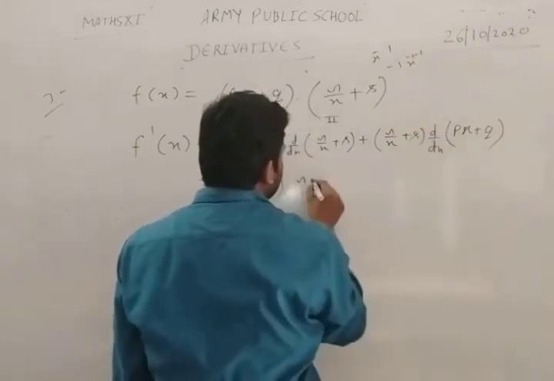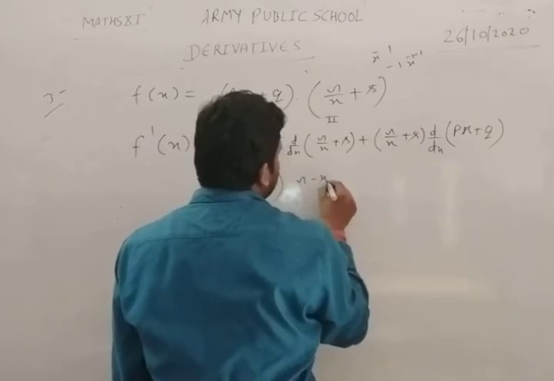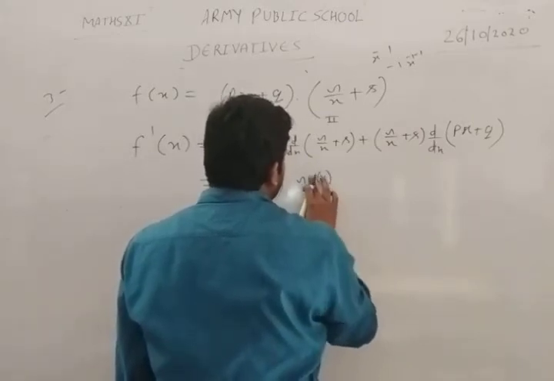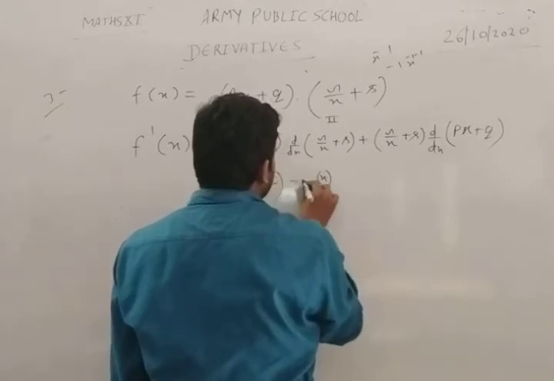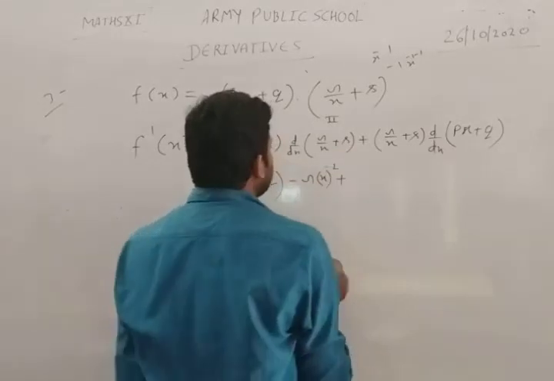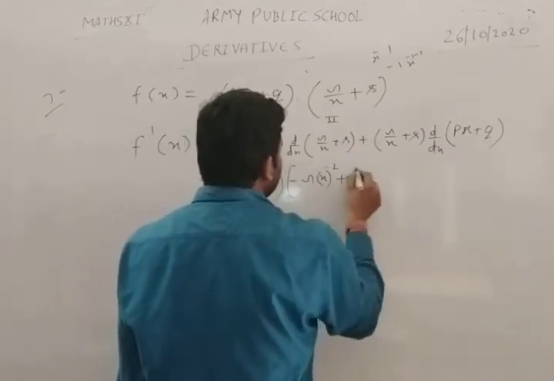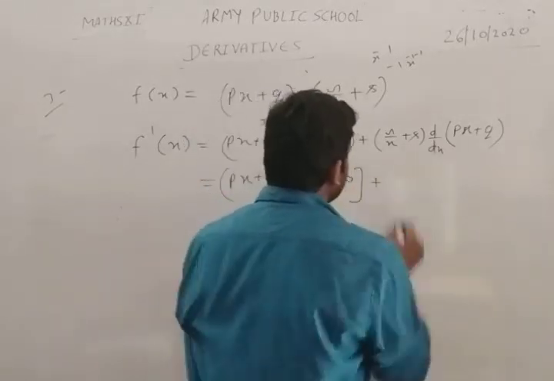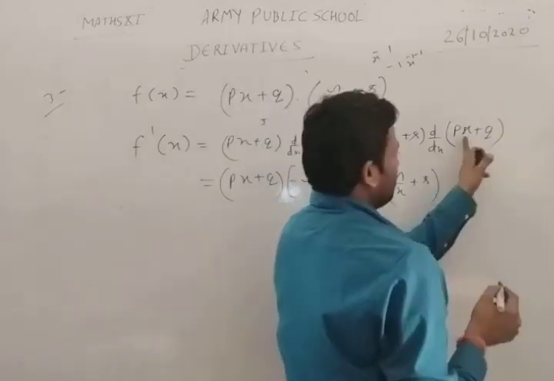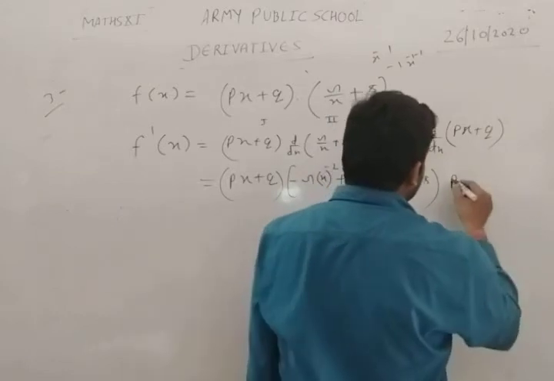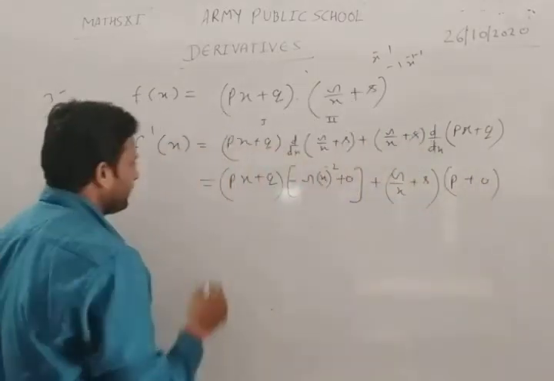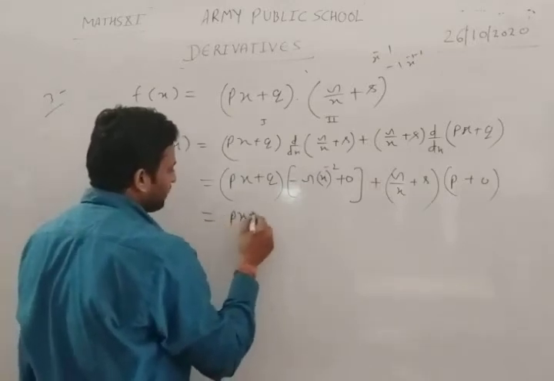So we get minus r x to the power -2, and this is constant term, so it will be 0. Now here r by x plus s, and this is constant, so we write p, and the second term is 0, so we write px plus q